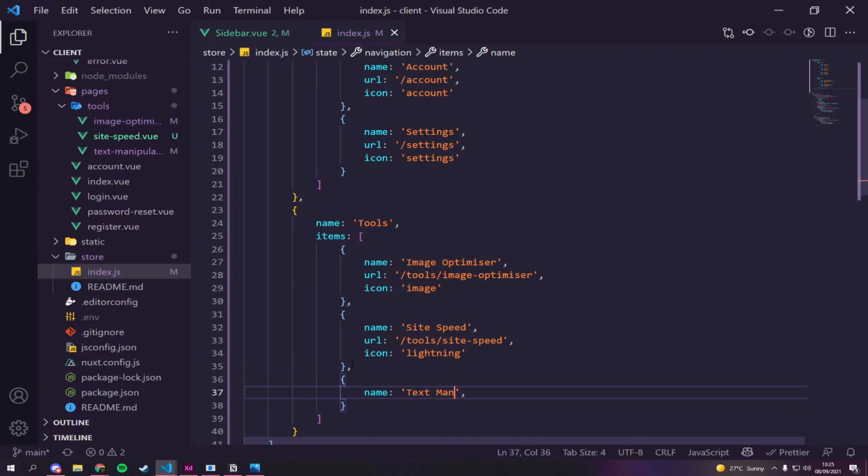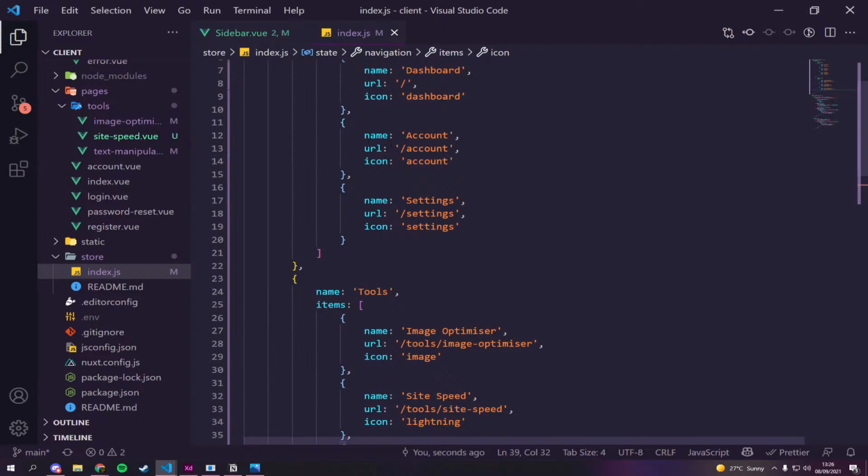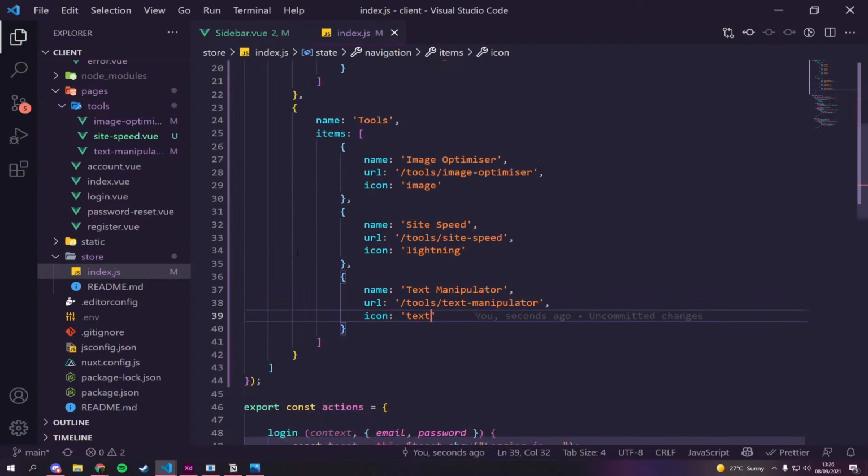Text manipulator. Maybe text converter. We can rename it when we want, it's fine, while we're building this. A URL, text manipulator, and icon. Yeah, text. That'll do. Cool. There we go. Let's just do this as a base right now.